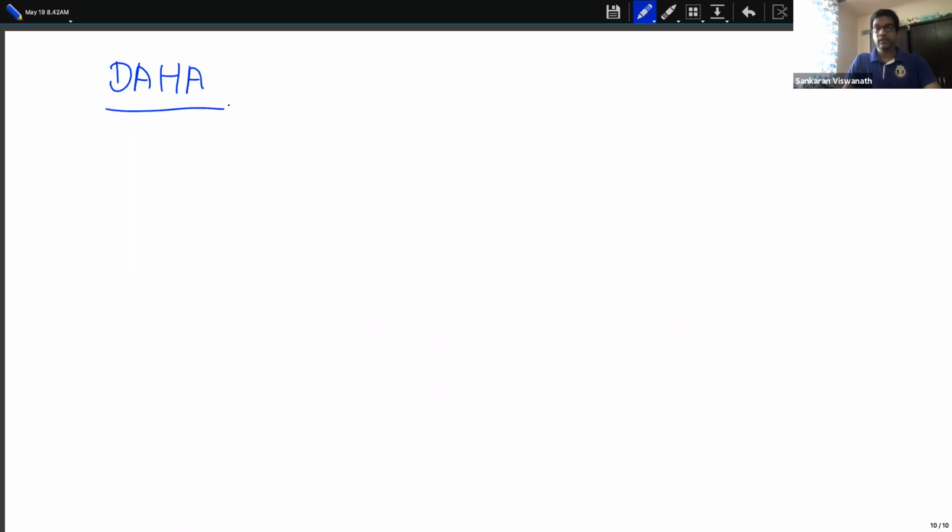The next thing that Raghavan talked about was the double affine Hecke algebra, which is the group algebra of the double affine Artin group modulo the relations,